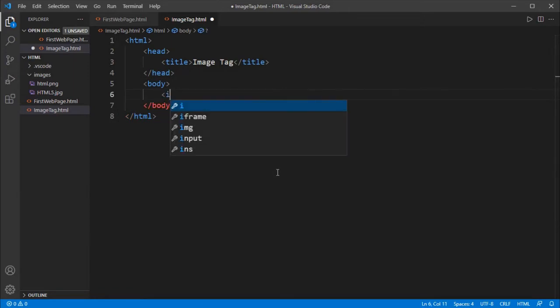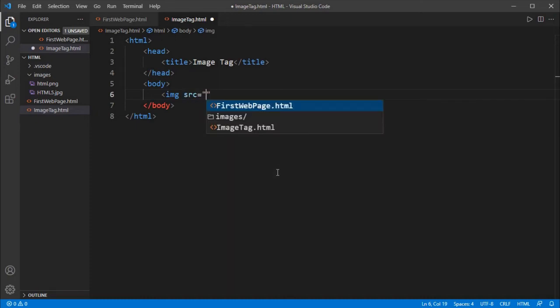In the body I use the img tag to present the image with the help of the src attribute. The value of this attribute is to specify the position of the image that you want to be displayed on the web browsers.